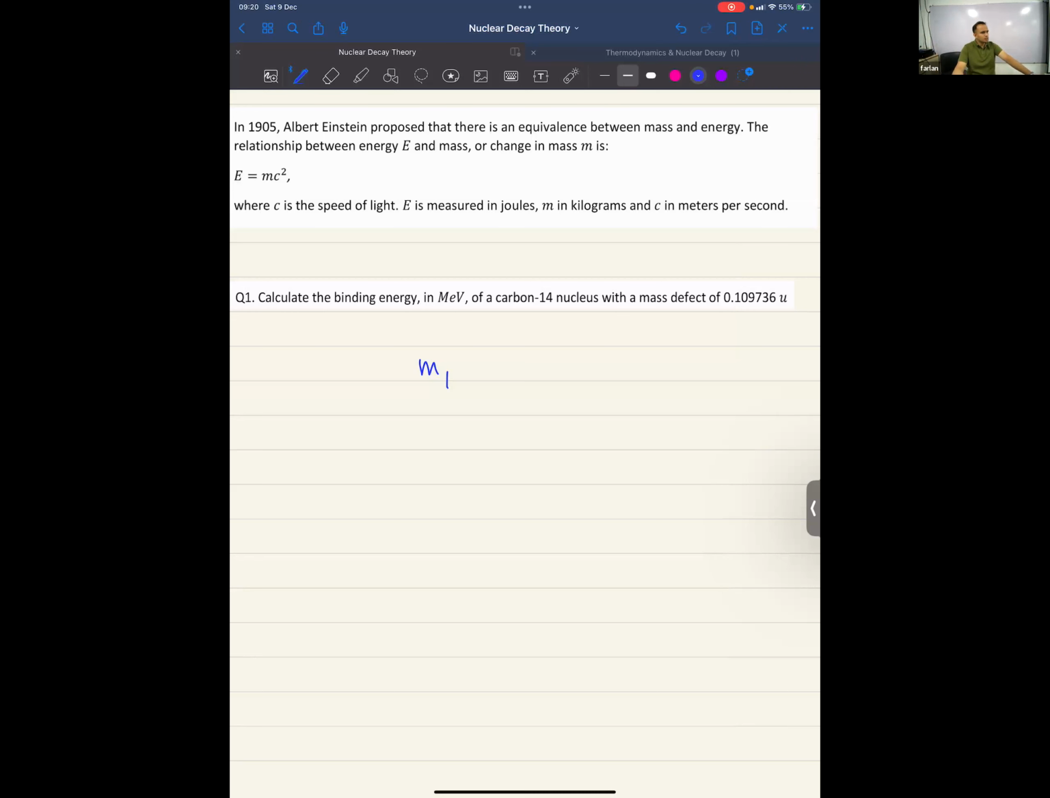It has 6 protons and 8 neutrons, and we separate them. So now, when you separate, let's say the mass is m2. Now, imagine